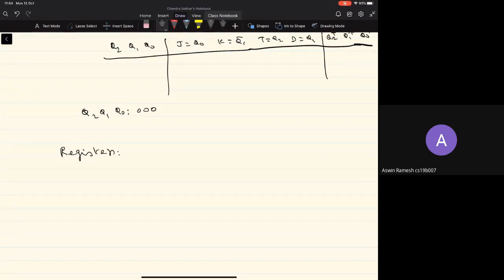We'll be quickly seeing in the next few classes how these registers are used in the execution of programs in a typical computer system. Right now, we'll look at the functionality of this register and how these registers can be built using flip-flops. Later, we'll see how to make use of these registers in the execution of higher-level language programs in a computer system.